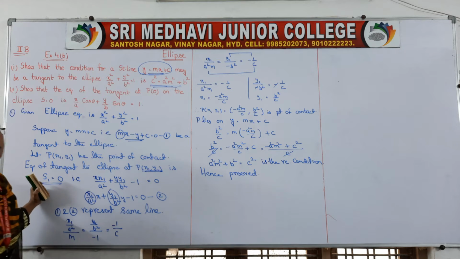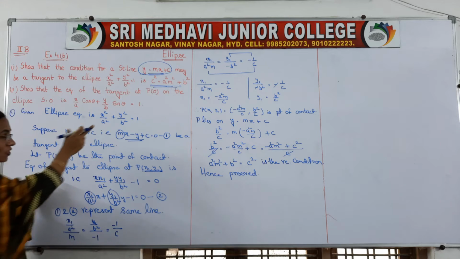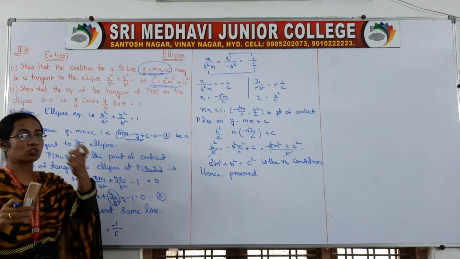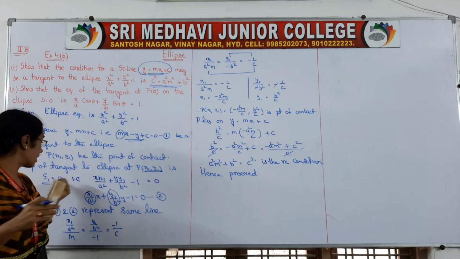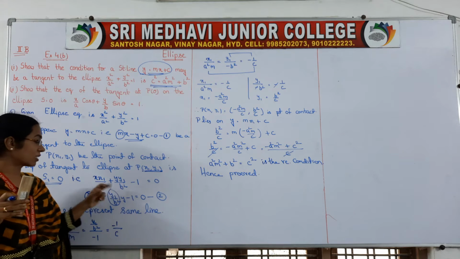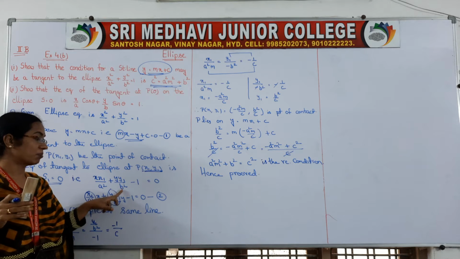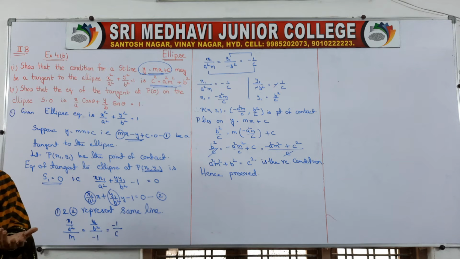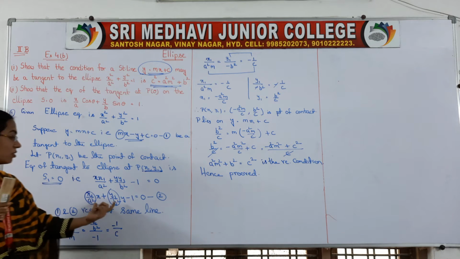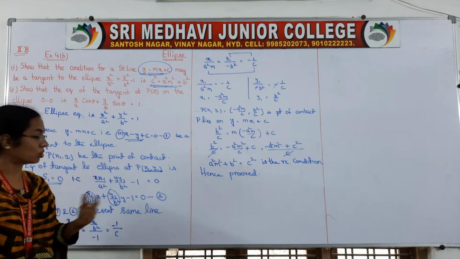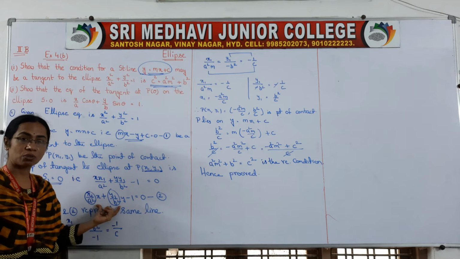So in the S equation, S means the given standard ellipse equation, in that we will take x square replaced by xx1, right. S1 is a notation. So what is its form? xx1 by a square plus yy1 by b square minus 1 is equal to 0. Try to write it in line form, since it is a tangent. Line form means ax plus by plus c is equal to 0 form you have to write.